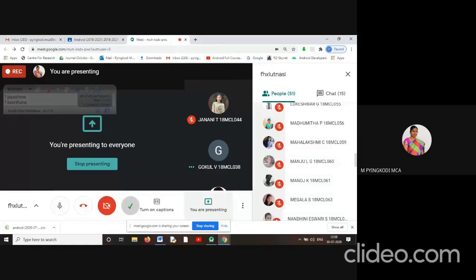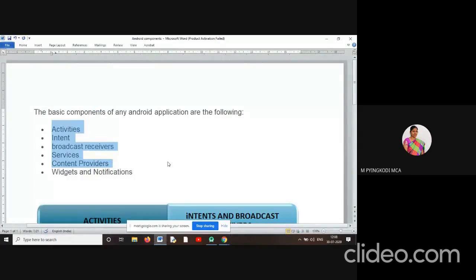Okay, so from the user perspective, an activity is the entry point of our Android application. Is it clear? Through this screen only we can operate the Android application.